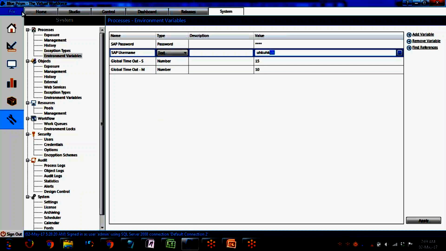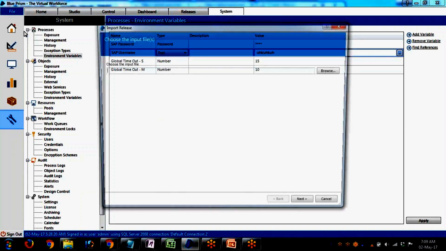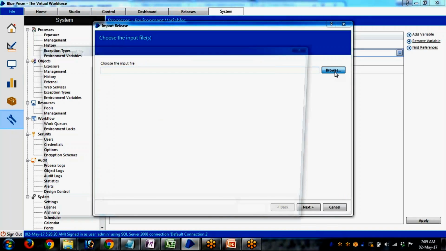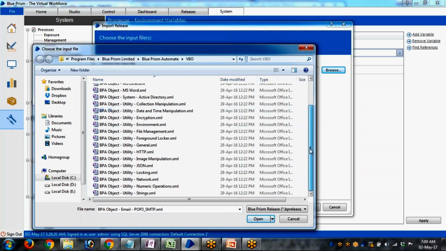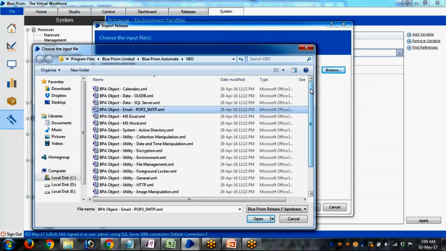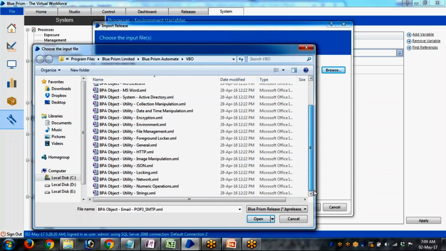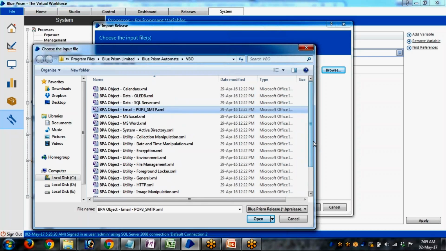We have an internal VBO for that. Let me quickly show that for you. In order to send email, we have POP3 SMTP over here. This is the one we use for email. There is one more object that we use for sending email, which is some sort of advanced email bot. It has the capability to read from different folders, move emails, and some additional features than the